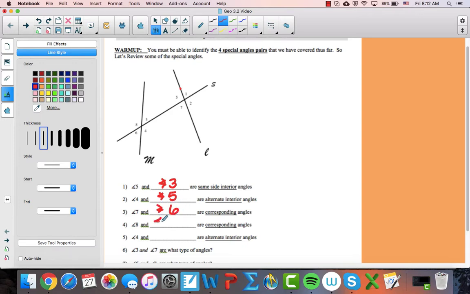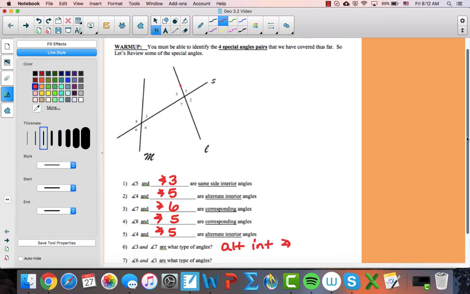Angle 8 and angle 5 are corresponding angles because they are in the corresponding same location relative to the transversal. Angle 4 is alternate interior to angle 5. I think that's a repeat. It asks you to name what types of angles 3 and 7 were. Those, again, were alternate interior angles because they were on alternate sides of the transversal on the interior of the